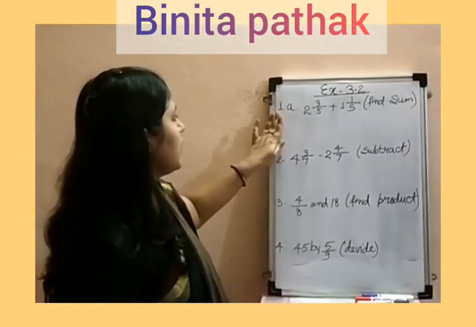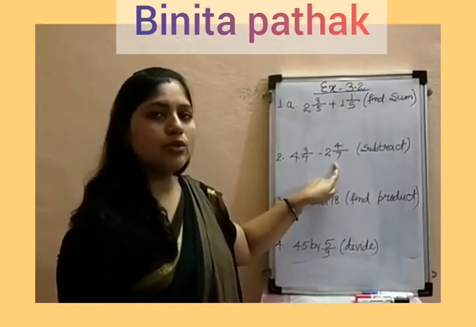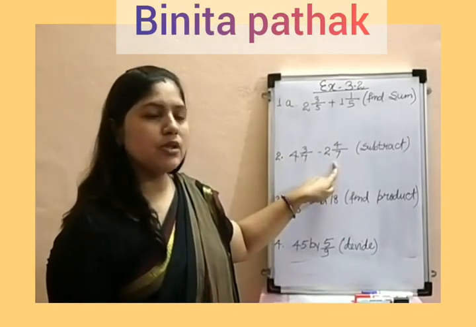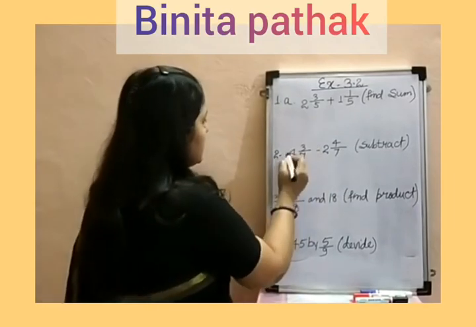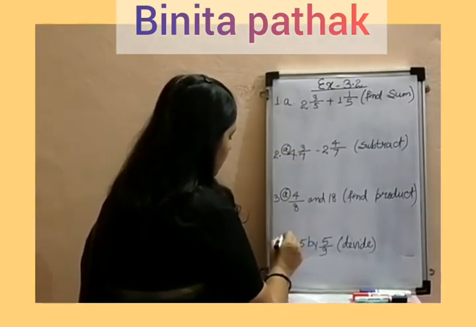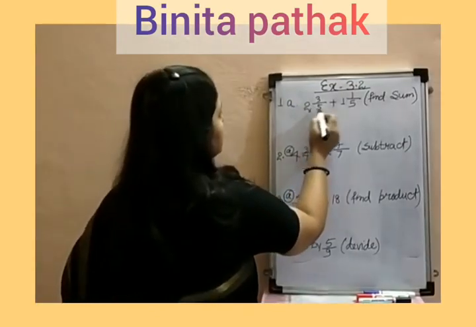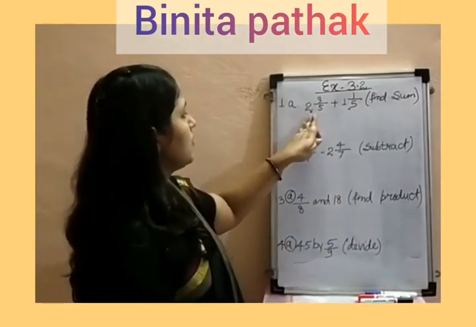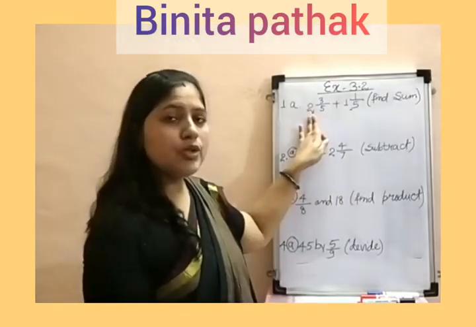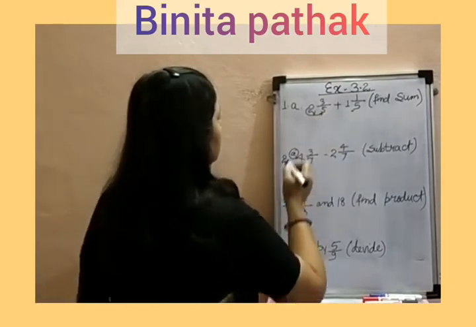So first one, I have taken the questions whose denominators are same and whose denominators are different. I'll give you in the notes, because these are the first question A. All part A I have taken from your exercise. So first, this is in mixed fraction. We have to convert it into improper fraction. So this number will be multiplied by this number.